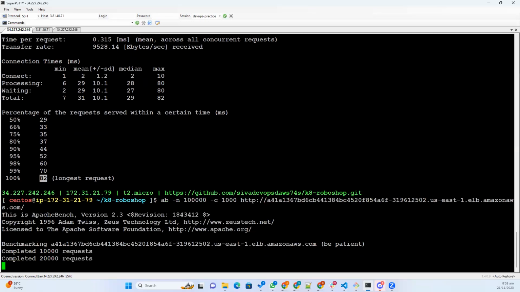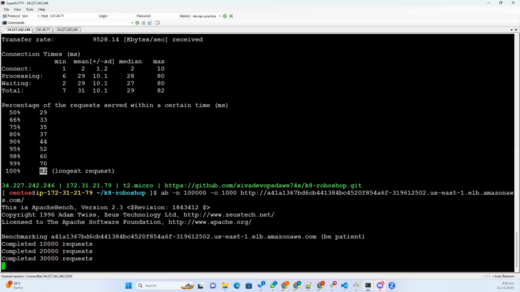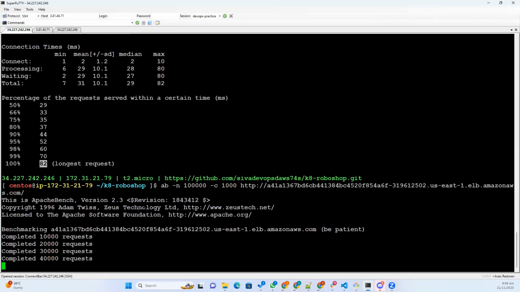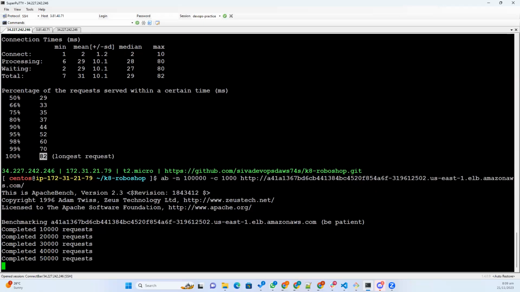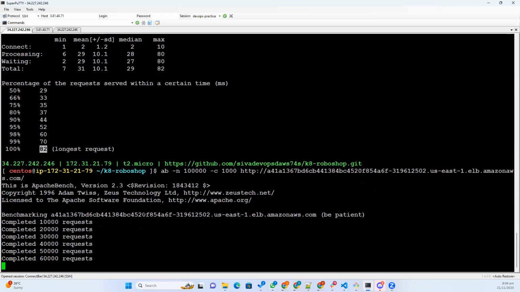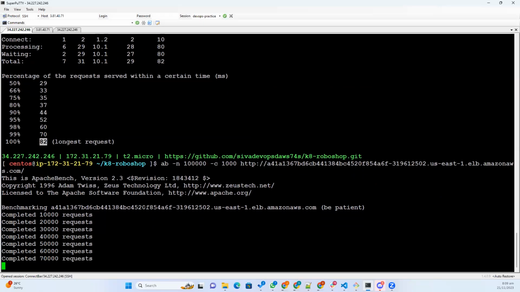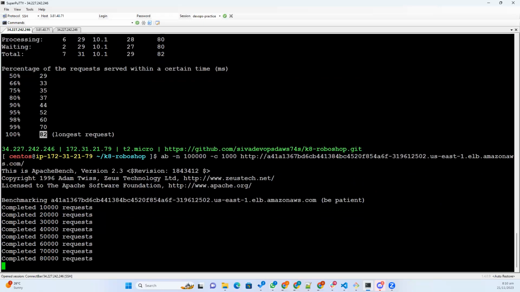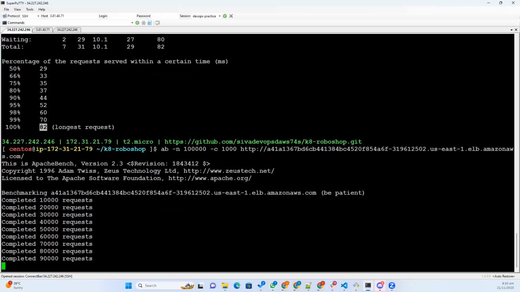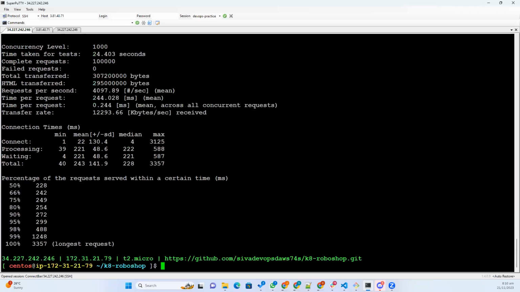We have to calculate within how much time our application should respond. Generally, if it is e-commerce, there is no limit. We need it as fast as possible. If Amazon is responding fast and Flipkart is responding slow on a big billion day, obviously the entire business goes to Amazon. Okay. So now you can see